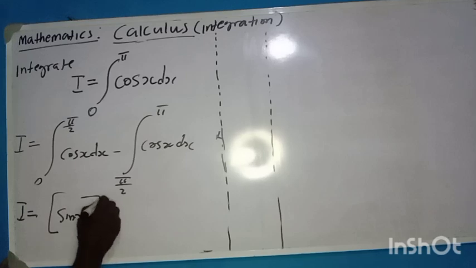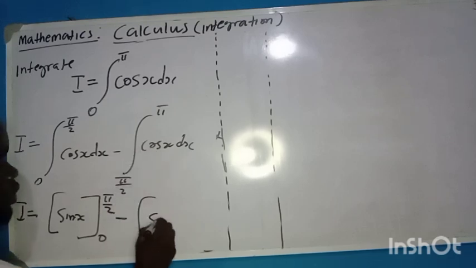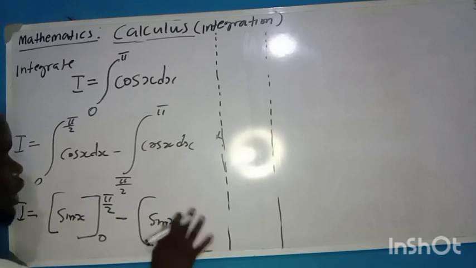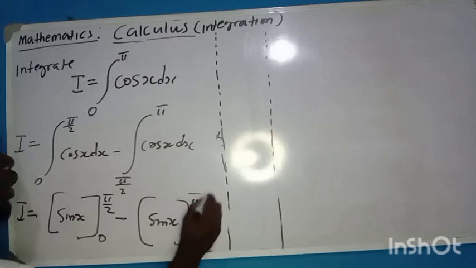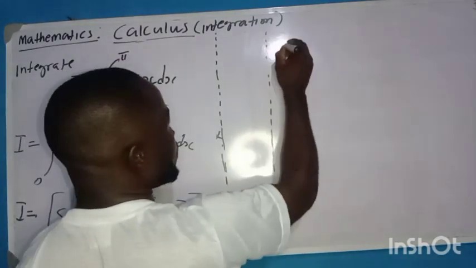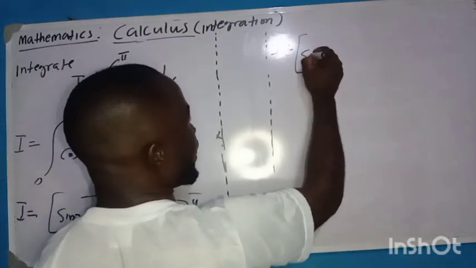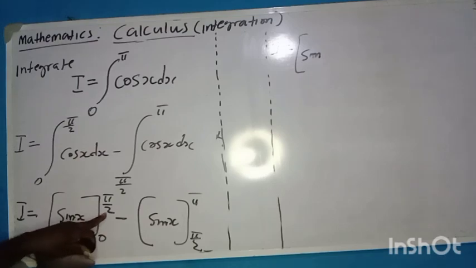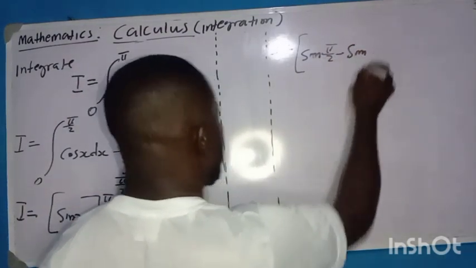So sine x from 0 to pi over 2, minus, because this is in the second quadrant, if we integrate this cos x, we are going to have sine x from pi over 2 to pi. Then you can now open the bracket here. That is to say that I is equal to the bracket of sine pi over 2 minus sine of the x now here, which is 0,